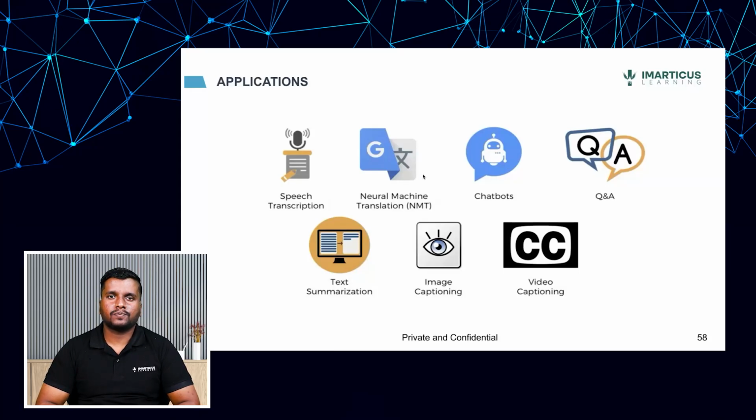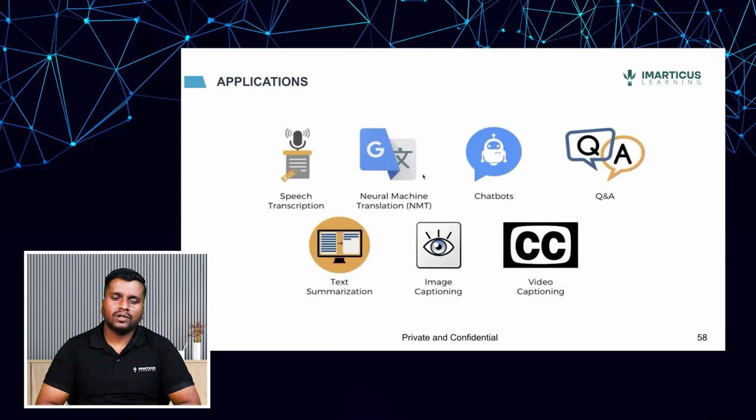The first one is speech transcription. Speech transcription is a phenomenon where we transcribe speech. Say you are attending a meeting and you want to make a note of what is happening in the meeting, what serious important discussions are happening. Speech transcription can be helpful there, where we capture all the words spoken by each and every speaker, and we can see different applications of it in certain software like Zoom.